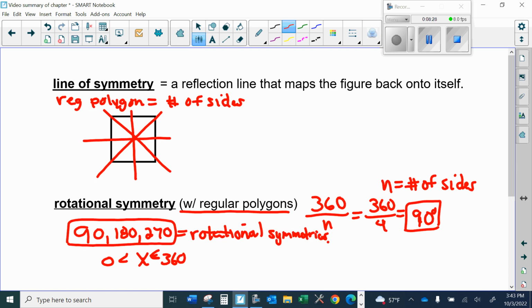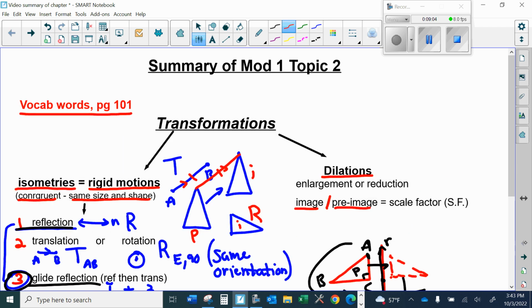Okay, so if it said plural symmetries, I name all of them. If it just said rotational symmetry, I only name the smallest one, or my first one, 90 degrees. So you have to pay attention: where it says symmetries, plural, then I do 90, 180, 270 for a square. Versus if it said rotational symmetry, singular, I only give the 90 degree one, or the first one that I get when I do 360 divided by n. Okay, that summarizes this whole unit. You notice there's very little math outside of this 360 divided by however many sides there are. Everything else is